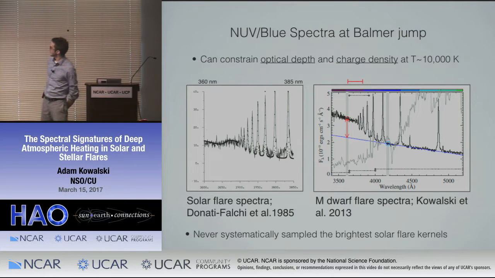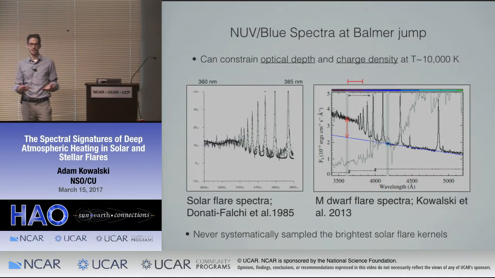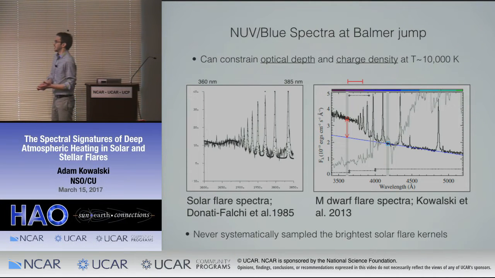And it's important to know what the optical depth and the charge densities are at about 10,000 degrees Kelvin. It turns out it's pretty easy to heat material in the chromosphere to 10,000 degrees Kelvin, but it's really hard to heat material that's dense to 10,000 degrees Kelvin. So here are two Balmer jump spectra, one for a solar flare on the left from the 1980s,